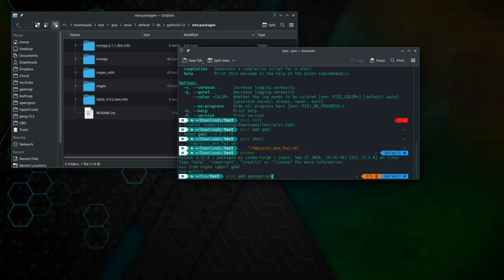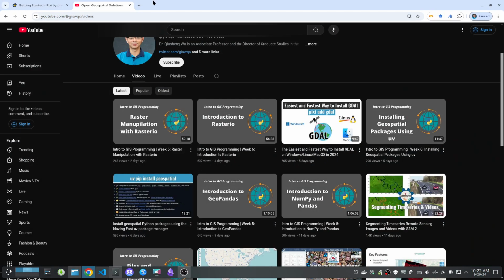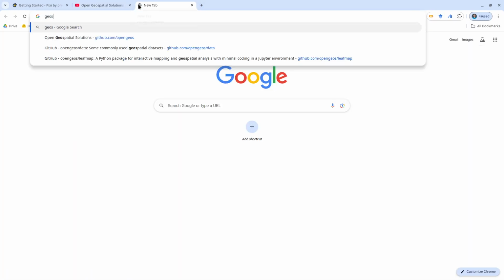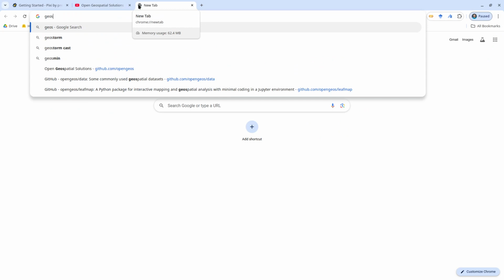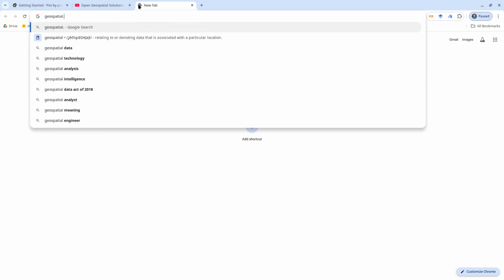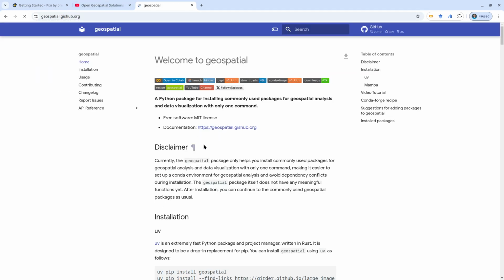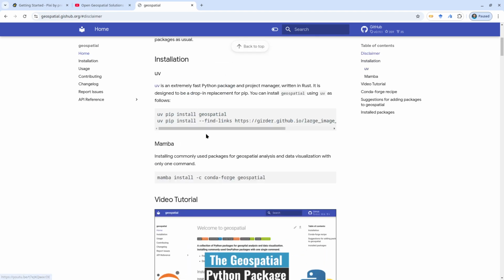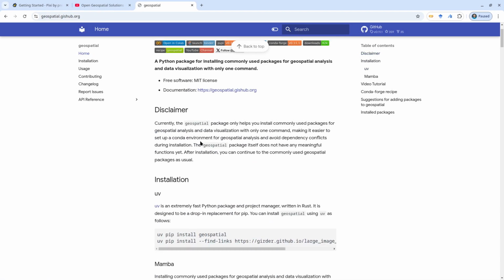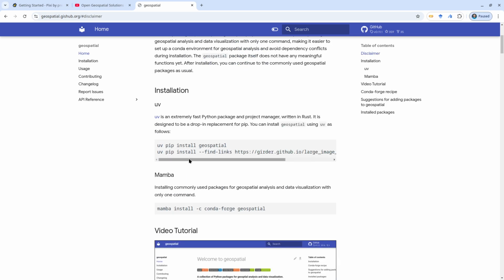So the geospatial Python package is the one that I created that makes it really easy for you to install all kinds of geospatial Python packages. If you go to geospatial.gshub.org, it will show you the information. The package itself doesn't really do anything. It's basically just a one-line command for you to install all kinds of